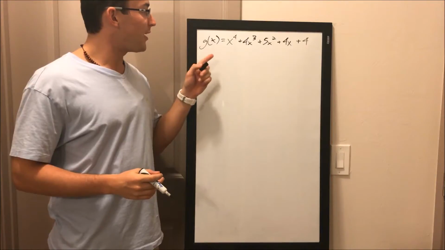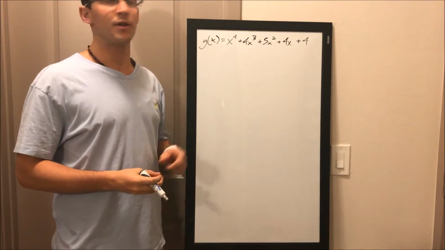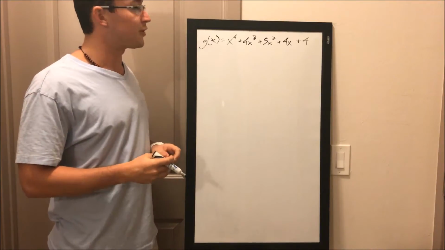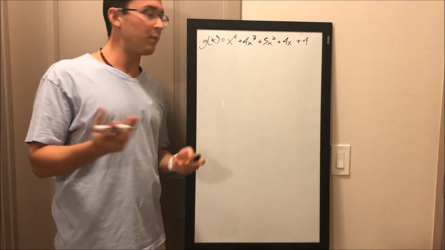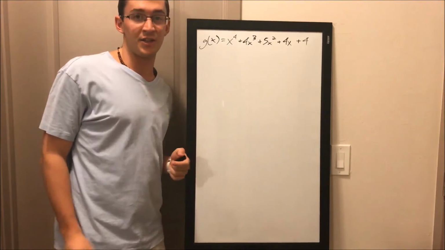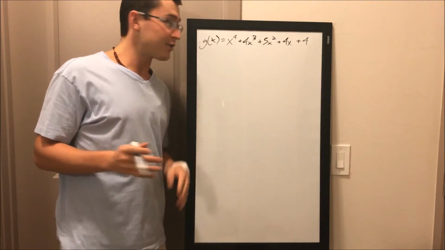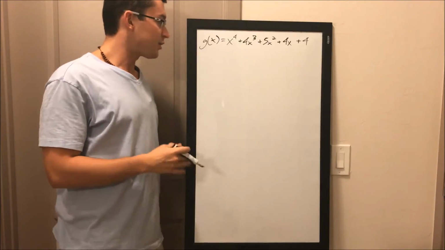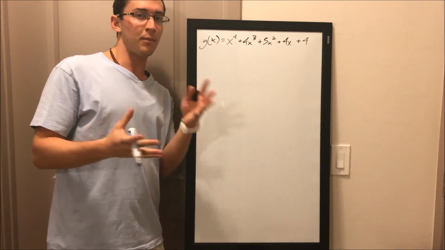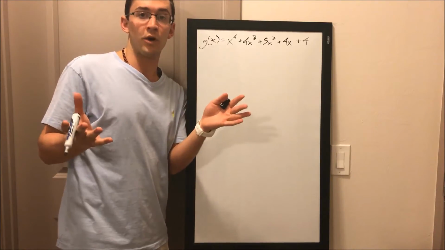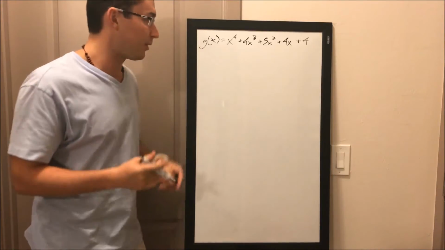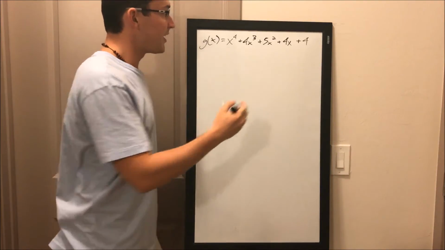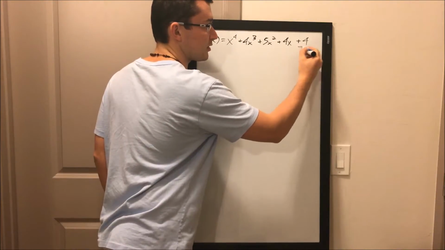So, find all the zeros of the given function. Here's a function. The zeros are just what we can plug in for x to get 0. Now we can spend hours on end just plugging in numbers to see what makes 0, or we can start by finding a range of numbers we can work with to plug in. So to find the range of numbers, our first step is to take the constant, the last term